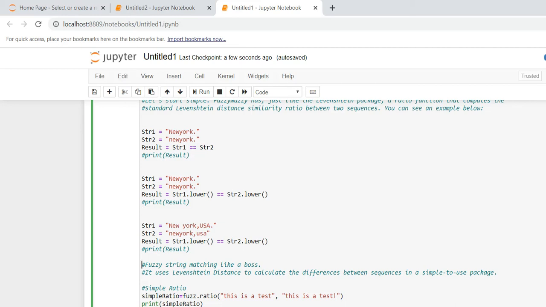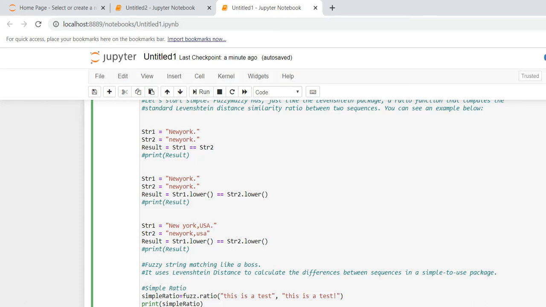For this video we can use the same library but check different ratio types. Usually it is a string matching algorithm, and internally it uses Levenshtein distance to calculate the difference between sequences in a simple to use package.